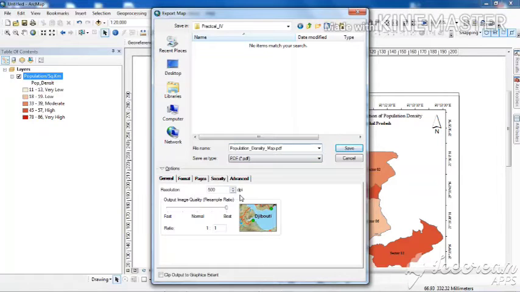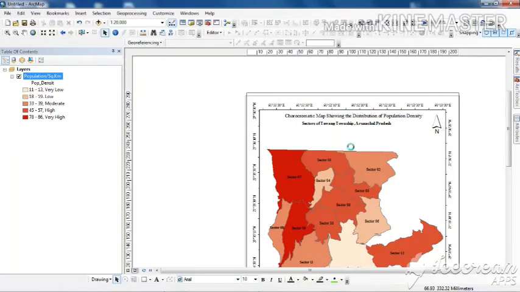Now resolution you will have to fix. You may ask me why I am saving in PDF, not in JPEG. PDF, because in PDF we can store the information, that is the resolution and other things used to remain fixed. Now whenever you prepare that map in PDF, you can save a good number of your data, but you will lose some of your data when you prepare that in JPEG. So this thing you need to specify in your mind, that always try to save your map in PDF. Now click on save.